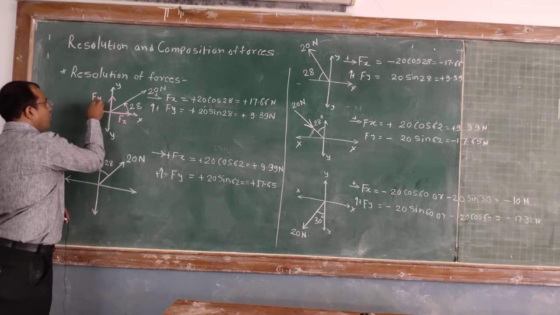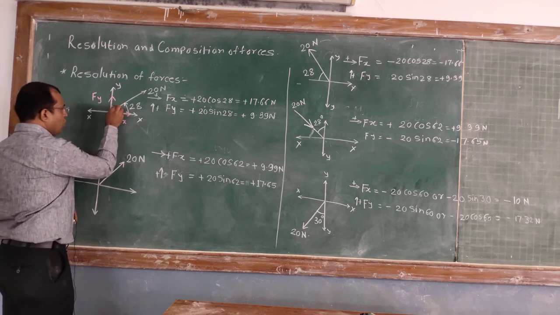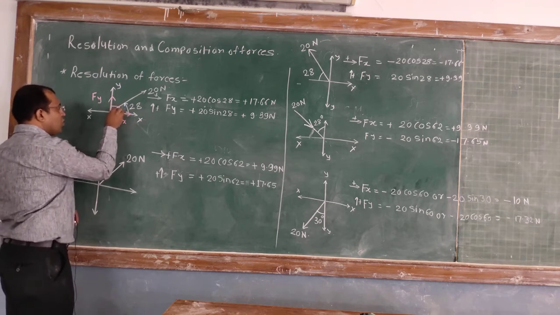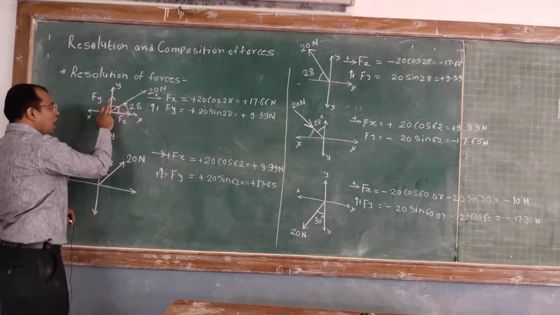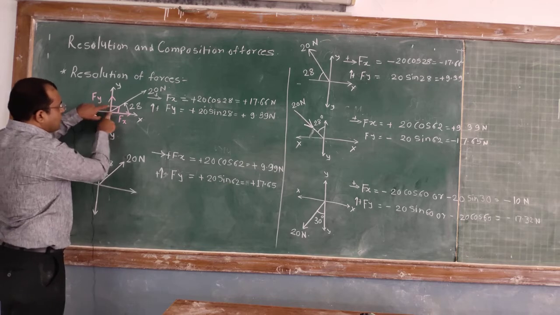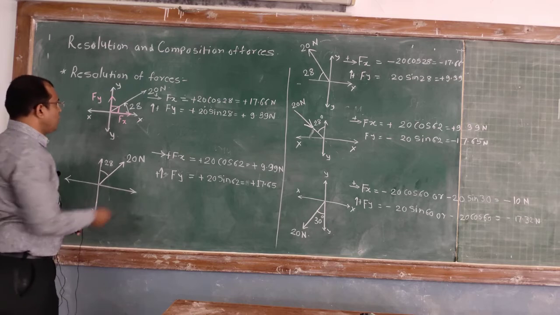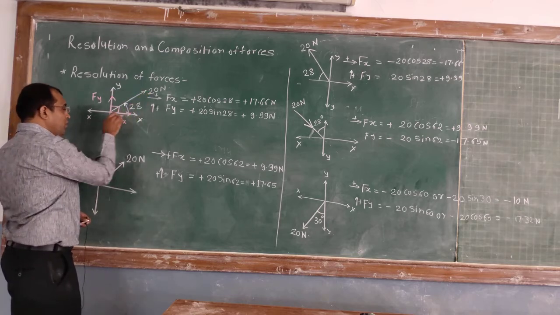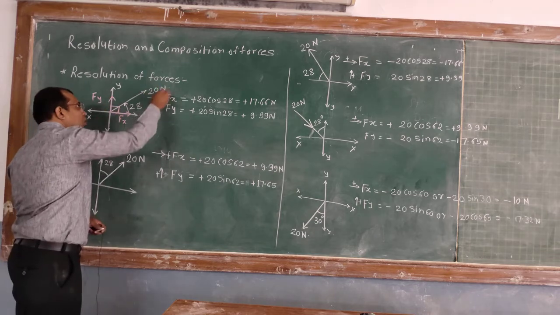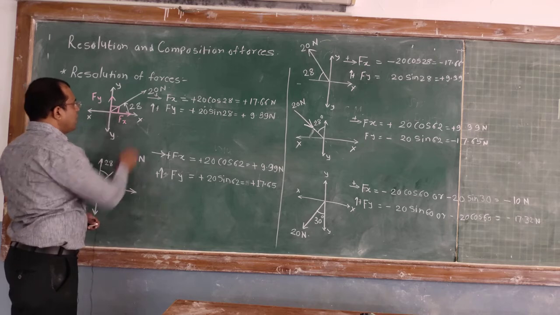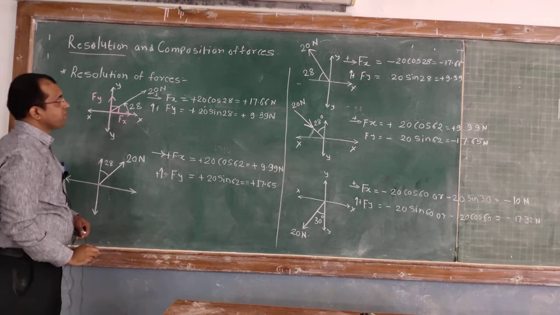What is F y? It is the force in the y direction. These two components are known as orthogonal components because the angle between these two components of the 20 Newton force is 90 degrees; they are perpendicular to each other. Now we have to replace this single force by these two components, which will produce the same effect as the force. This comes under the heading resolution of forces.